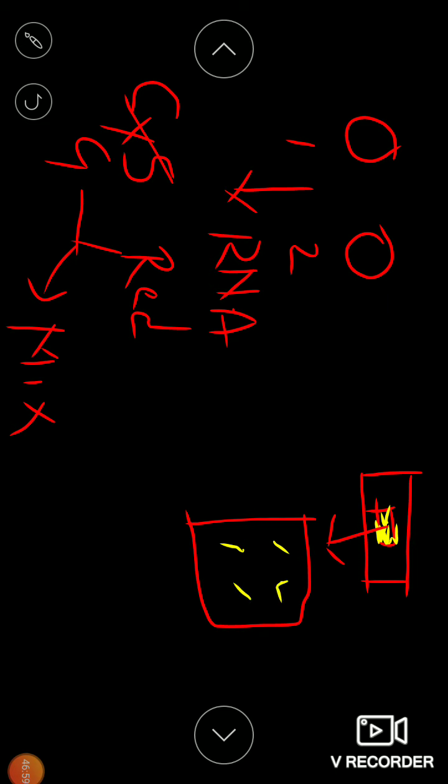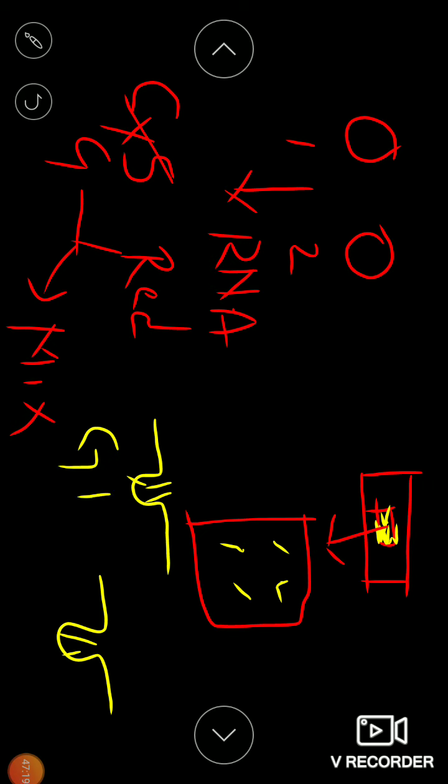I have just mentioned there will be 4 spots. Each spot will have a hole, and they are aligned with different oligonucleotides. Say, for example, this is gene 1,